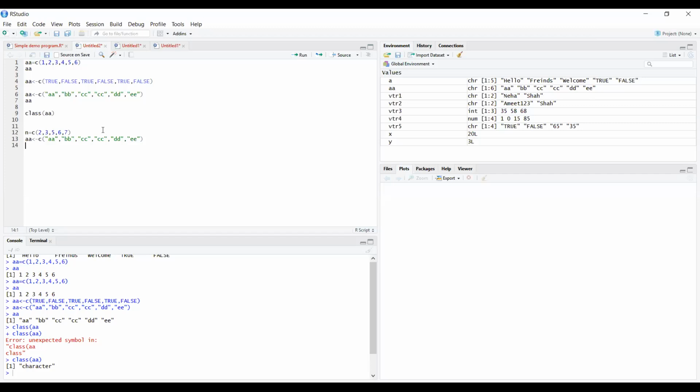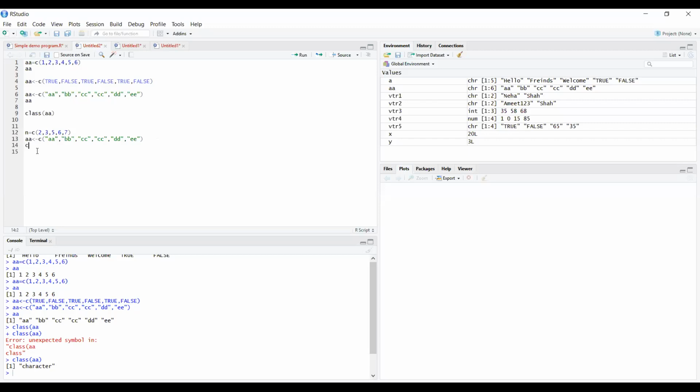So come back to the same point where we stopped. We are discussing combining vectors. Whatever vectors we have, either numerical values or character values or other values, we can combine them. When combining, we pass n equals c in the vector, with some values a, and assign them. I am showing you two ways of assigning values: either with the equals sign or with the assignment operator.